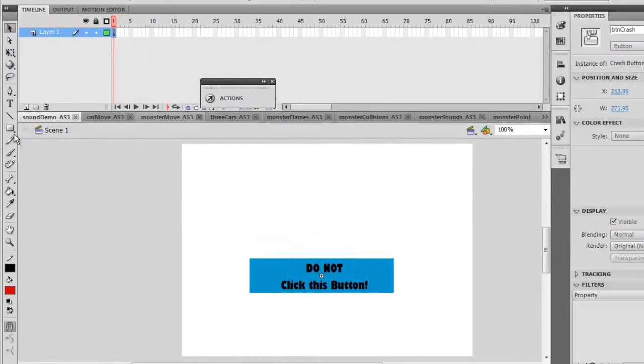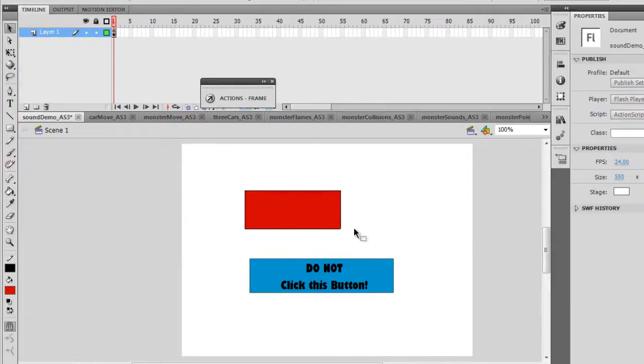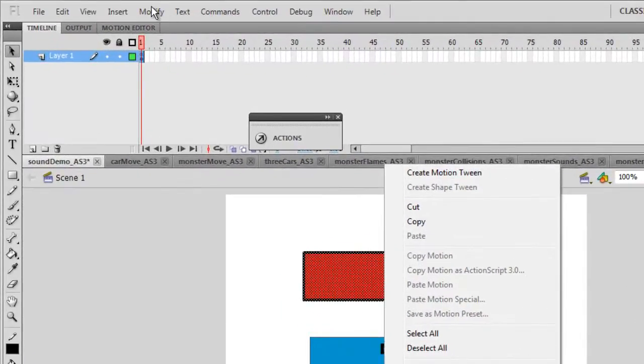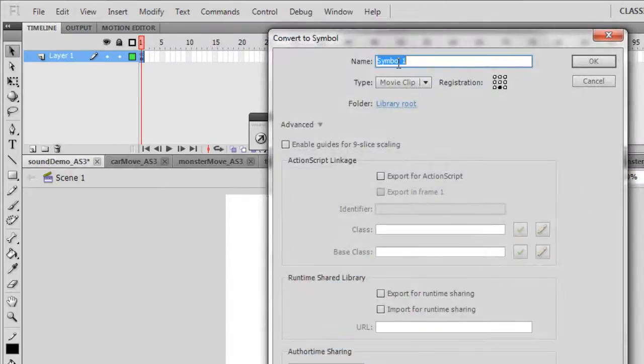I just took a box and converted it into a button, by right-clicking it, or I can go into Modify, Convert to Symbol, and then I wanted it to be a button, so I turned it into a button, and you give it a center point registry,